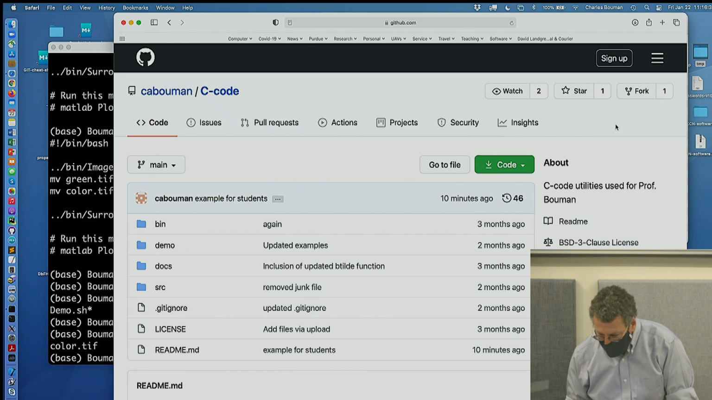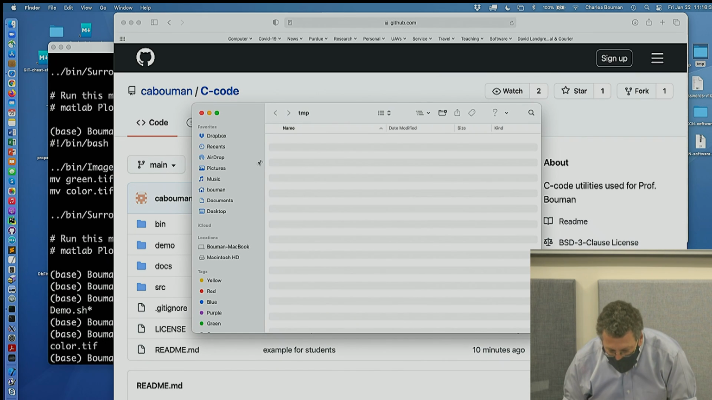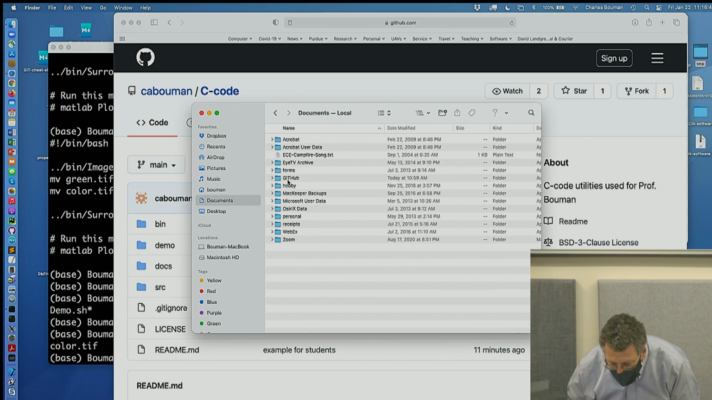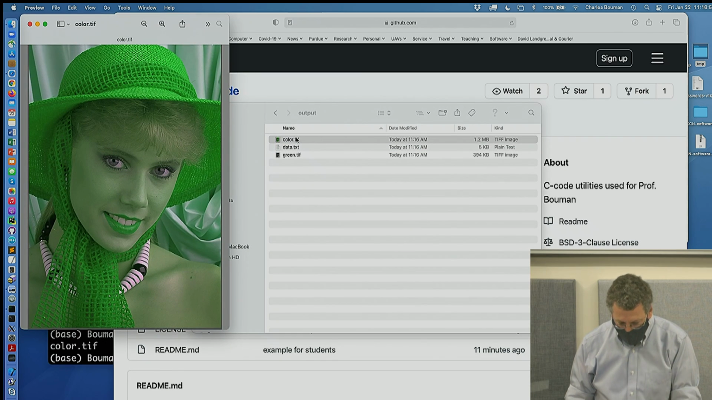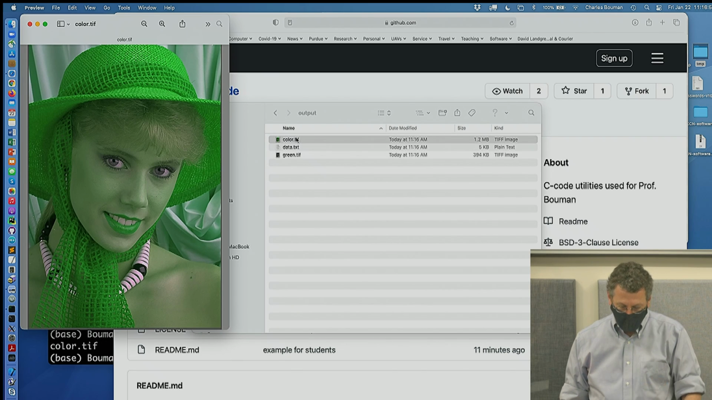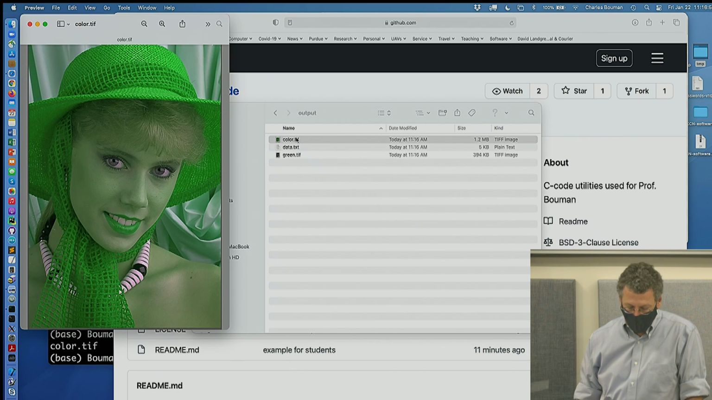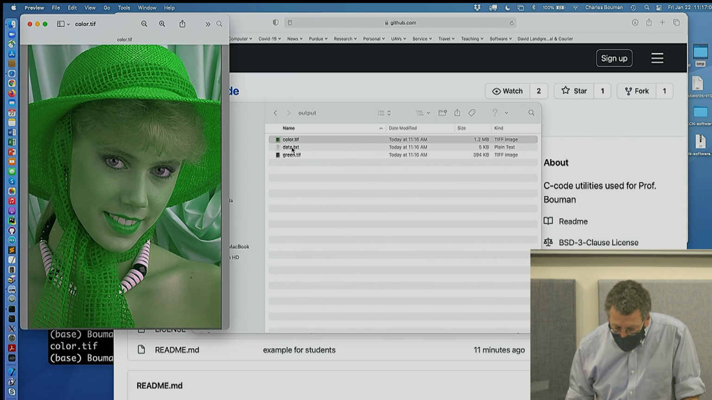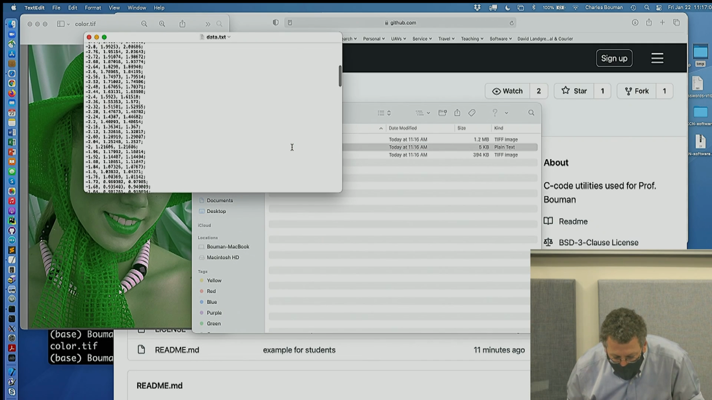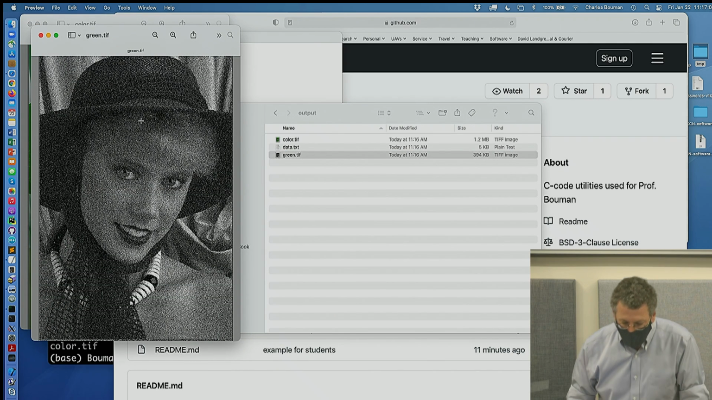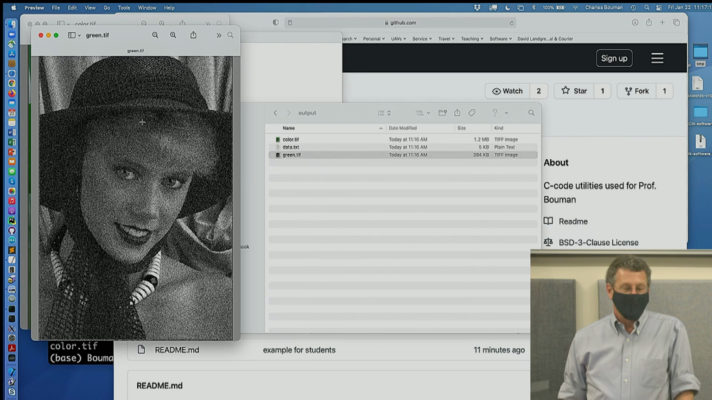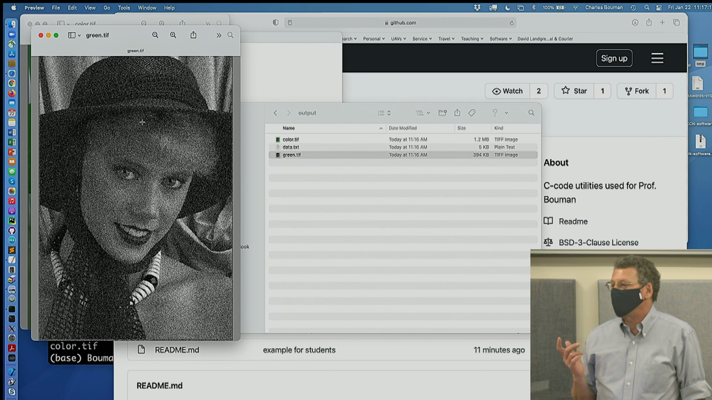Oh, I don't need this anymore. Documents, GitHub, C code, demo, output, color. That's a TIFF file. And there you go. It created a screwball looking image by swapping, I think, the green and the red or something. And then here is text. That was one of the outputs. I even forget what it's for. Let's see what this is. Oh, this is just a noisy image. I added some noise. The beauty of this is that the program has a random number generator, which you'll need